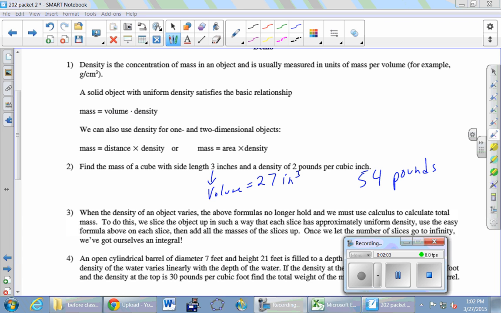Okay, so that's the mass of this pretty small cube, and I think we just use this formula right here without looking at it, right? Just the mass is the volume times the density. But if it were a 2-dimensional object, then it would just be area times density. A 1-dimensional thing would be just the length of it or the distance times density.